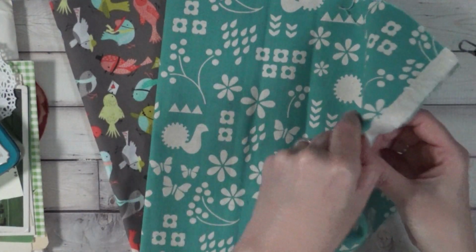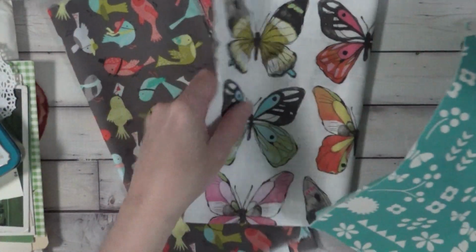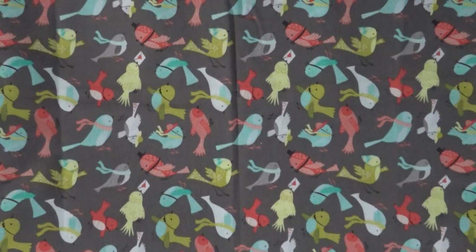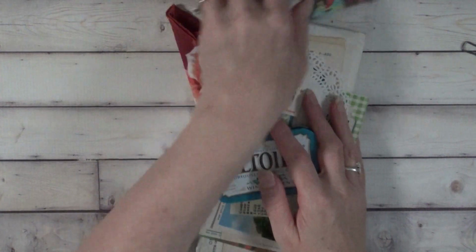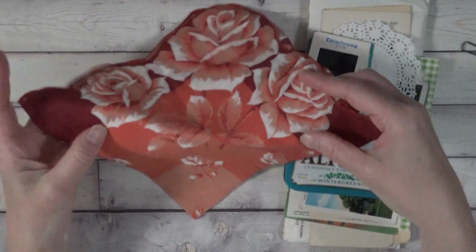So this one here's a little wider. And I would say this one's more of a medium weight cotton. It's kind of canvasy. This one's a little thinner. And then this is also a thinner cotton with some cute little birds delivering mail. So this piece is also wider. There's a large orange and rust-colored hanky included,